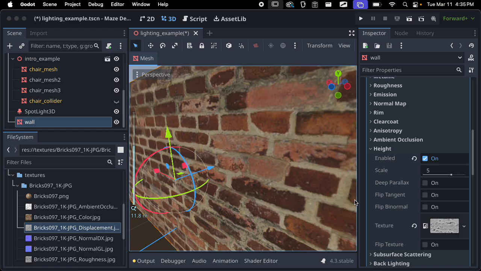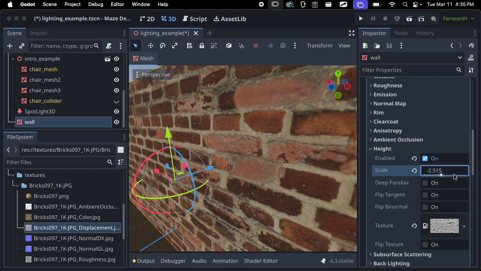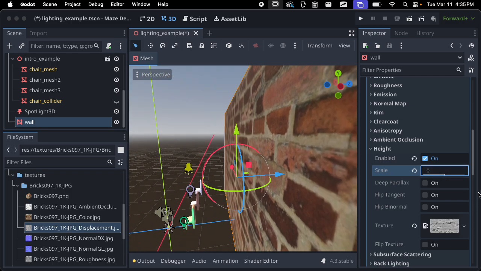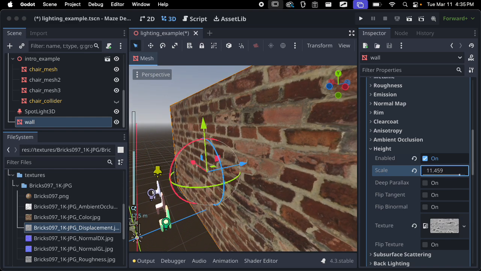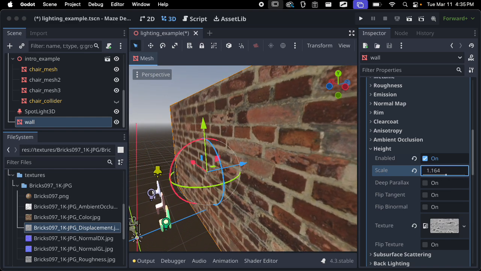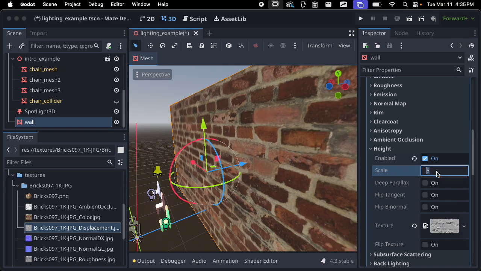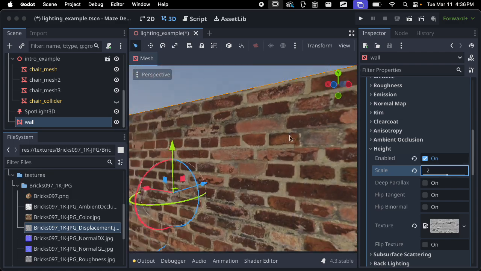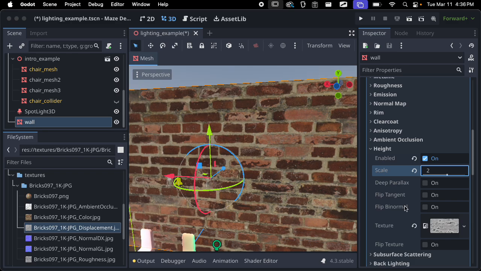You can also change the scale of this. So if I scale this down to 0, notice that, or no, I went too far. If I go to 0, we're back to just flat. If I scale it up, we're moving away. If I scale it the other way, it just goes in the other direction. The default is 5. I would probably do something a little more subtle, like 2 here, so it's not as goofy looking. But yeah, that's the basic idea